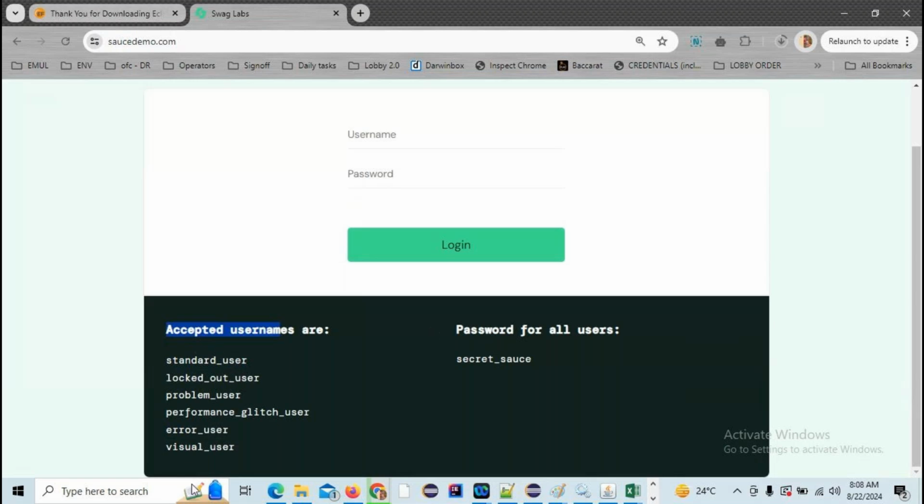Okay, for all the usernames there will be a generic password, secret underscore source. This application is purely for practicing only. If you copy and paste it and log into this application first,